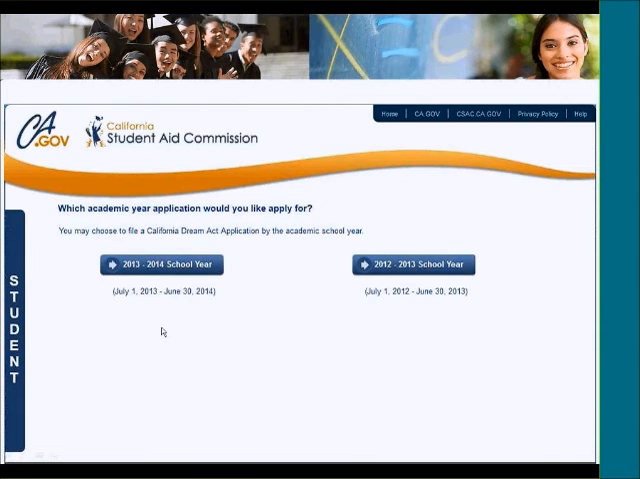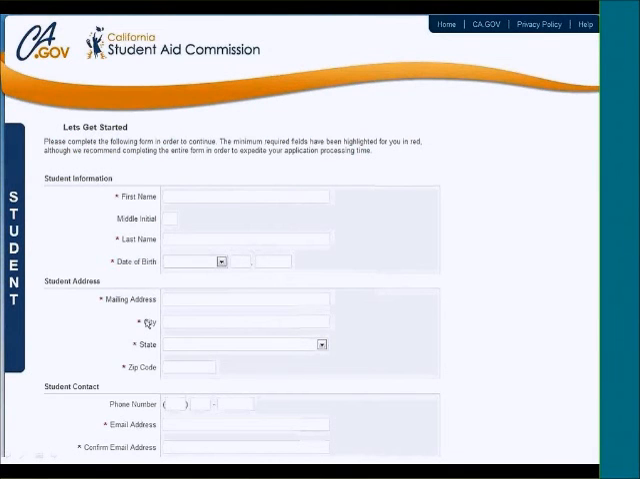So we just need to point this out because, of course, over the years we've processed millions of FAFSA applications, and every year there's a few students who fill out the wrong year application, and they're really confused, and we're really confused until we figure out what happened. So this student here is going to click on 13-14, and the first thing we ask of them is basic